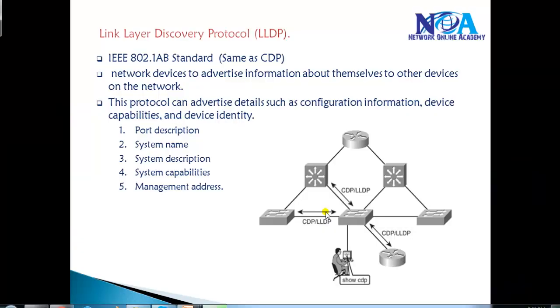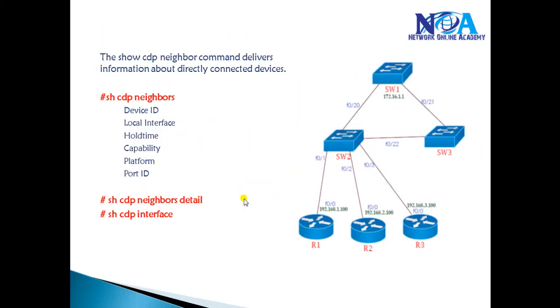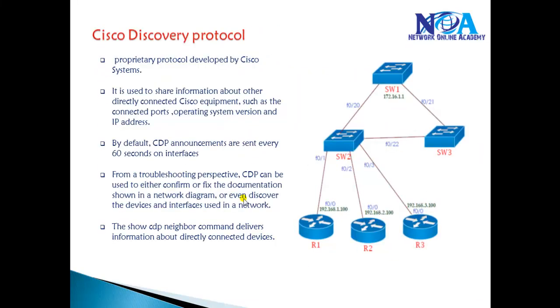In this video, we'll talk about a protocol called LLDP, Link Layer Discovery Protocol. Now, this is more similar to CDP. In the previous videos, we have seen something called CDP, Cisco Discovery Protocol. The Cisco Discovery Protocol provides information about the neighbor devices, and it's a Cisco proprietary protocol.